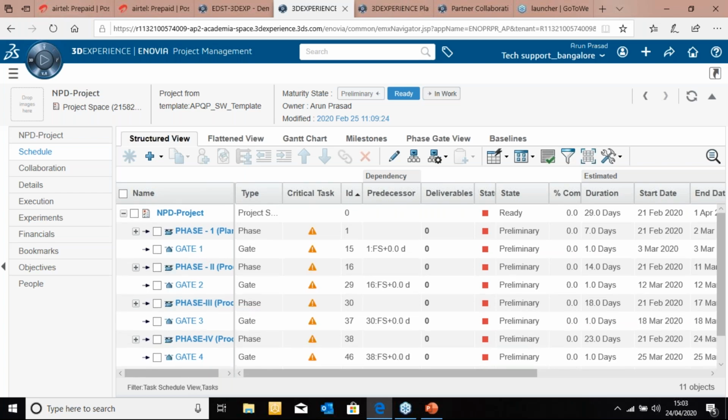The NPD project has a phase gate mechanism. If I drop down, it takes me to an elaborate work breakdown structure with all the tasks and activities that you can have access to. As you see here, the first phase has various task activities, like the feasibility review, receive authorization, bill of materials, and process flow diagrams, to name a few. All these are accessible sitting in one place.